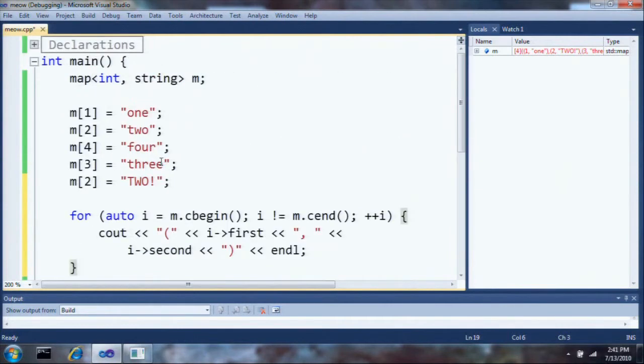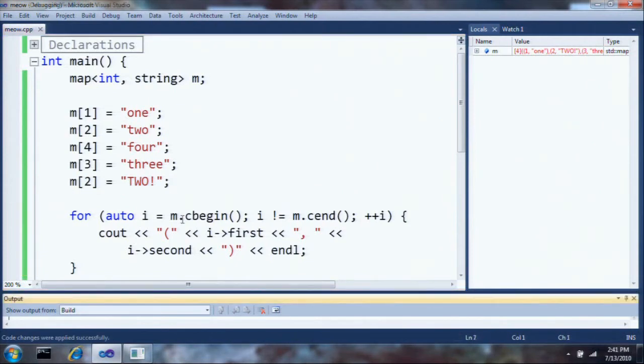And then if I run this, what will happen is the map is not only associating keys with values, but it's also sorting them based on the key. And the default sort, as usual, is less than. So I'll print out the keys in ascending order. Even though I inserted these key value pairs in the order 1, 2, 4, 3, they'll be printed out in sorted order, 1, 2, 3, 4. And of course, this update will be reflected in the map. So if I execute this, what I will get,